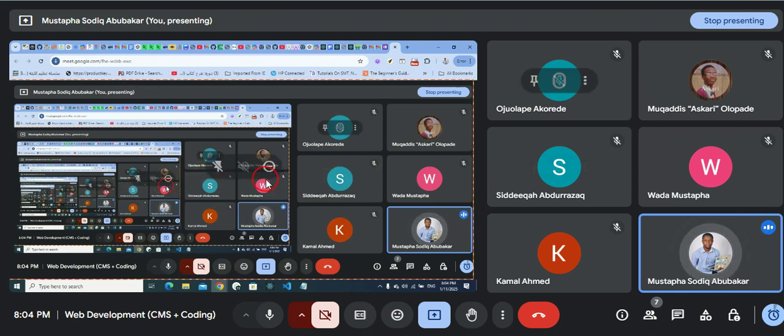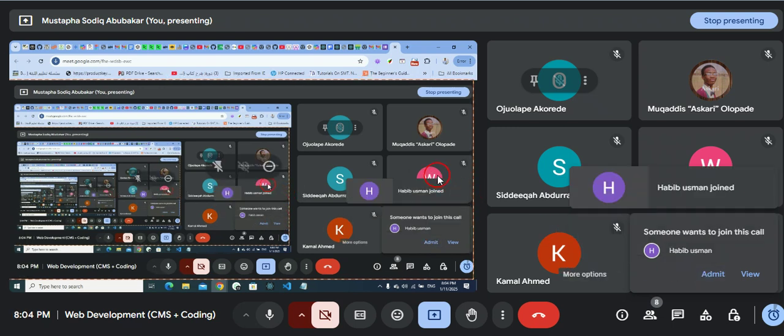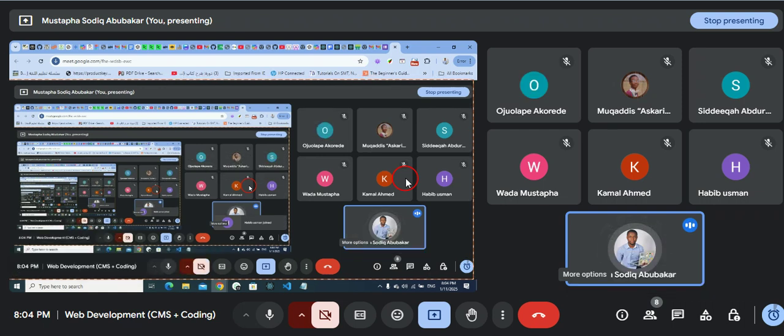So today we will be diving into more of web development, both the CMS and the coding aspect. But we will first start with the CMS, which stands for content management system, which I believe I explained a little bit last week. Now we have the coding aspect, where we use the fundamentals of HTML, CSS, and JavaScript.